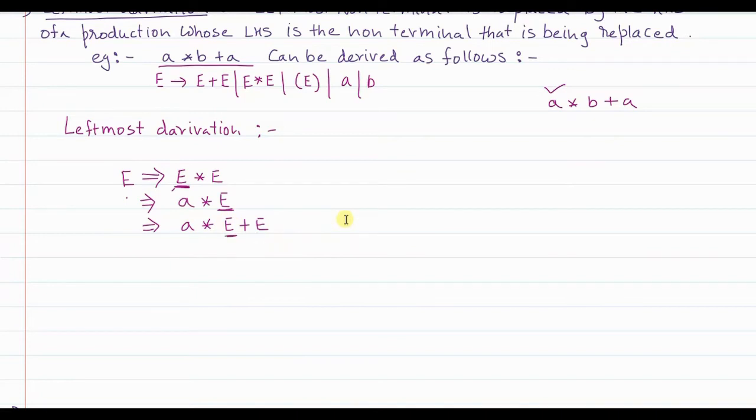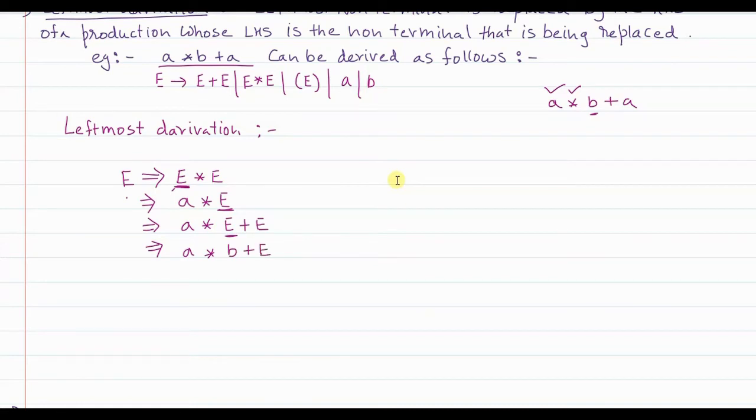This E, right? So what do I want next? I have already got A, I have got into, what I want next is B. So this E, I will replace it with B. What I get here is A into B plus E,